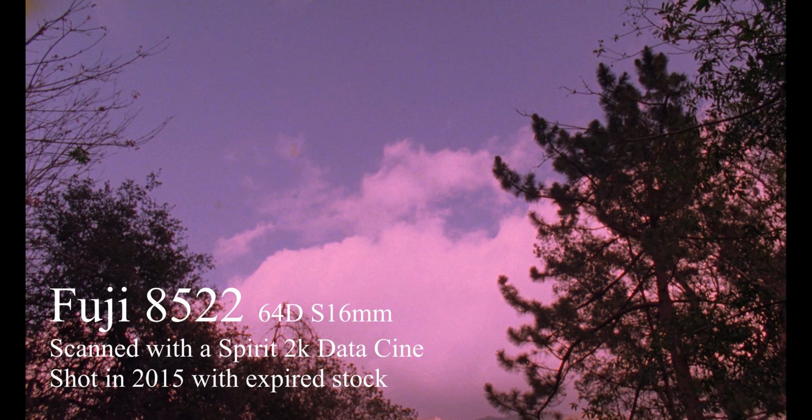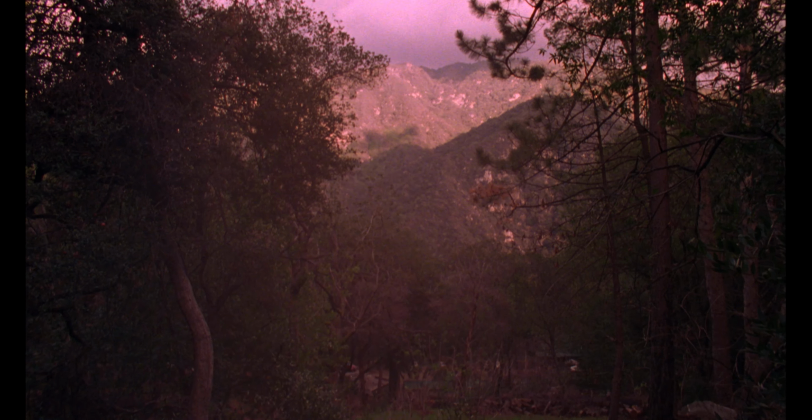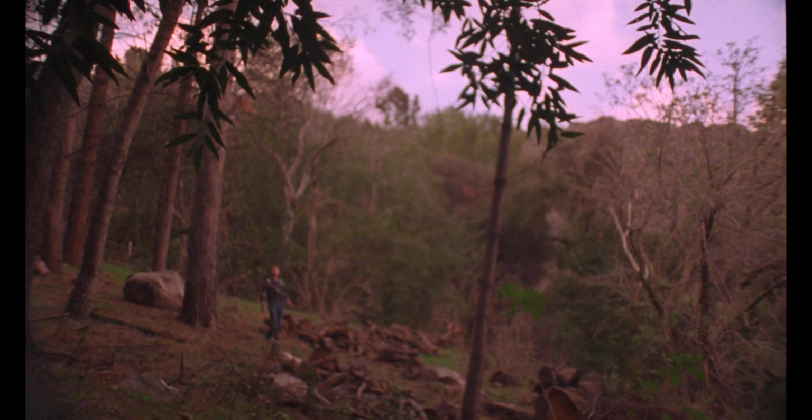When talking about film stocks, I think everybody has their favorite. Some gravitate towards the modern Kodak 200T stock. Some love the old Vision 2 and Vision 1 stocks. Even more love the EXR. I've always been a fan of the older stocks because they were experimenting with things that the modern stocks just